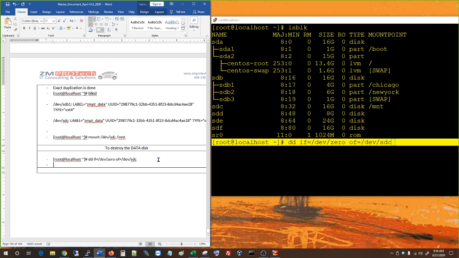Okay, so to destroy the data, this is what you do. And there is one other thing. If you want to create one blank file, if you're troubleshooting something or doing some network troubleshooting, we will use this later on. If you want to create a blank large file,